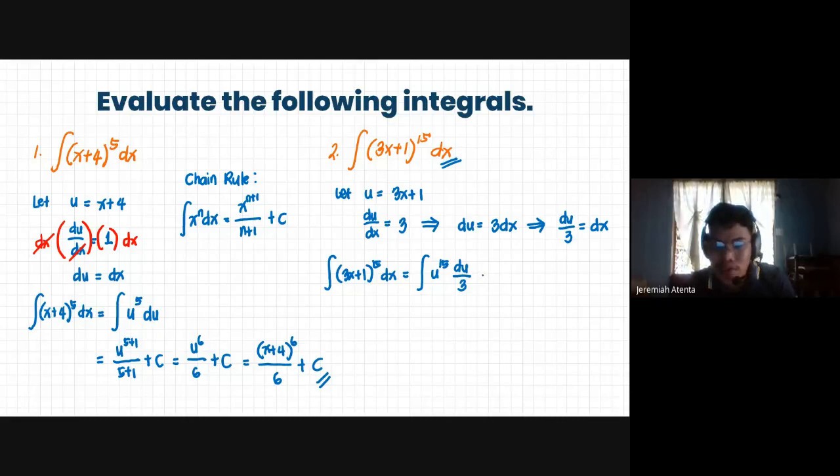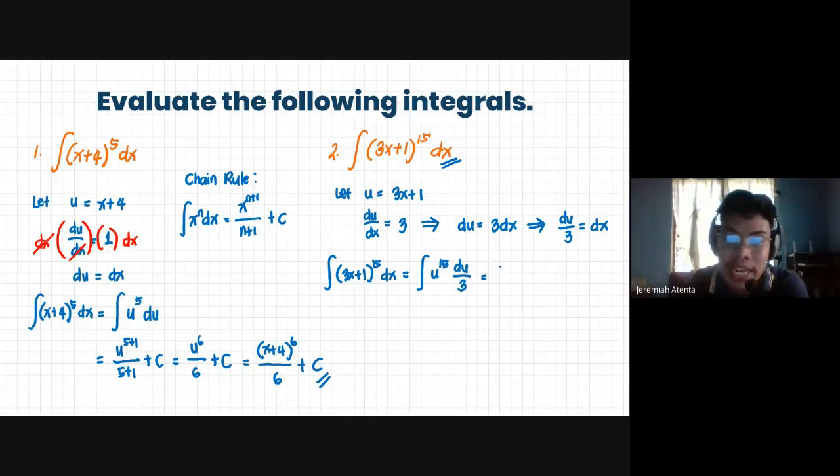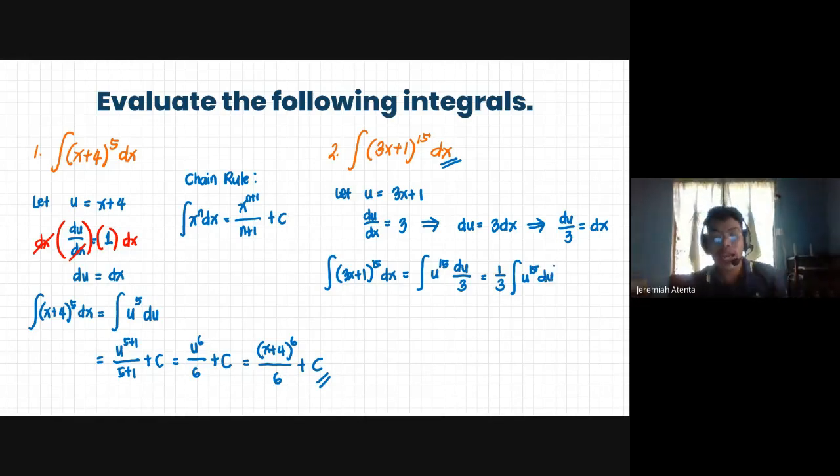Okay? So from that, we now have du over 3. We know that we have a numerical coefficient 1/3. So we can actually put that numerical coefficient outside the integral sign. So we now have 1/3 integral of u to the power of 15 du. And from that, you can now integrate, right? So we now have here, okay, 1/3 times the integral of u to the power of 15 is just u